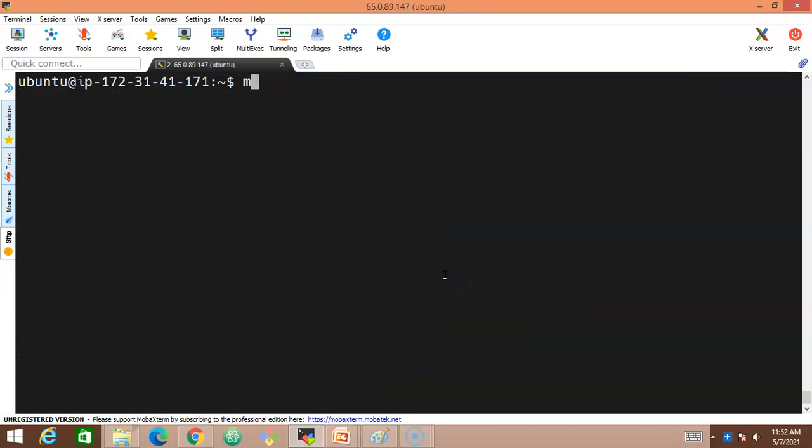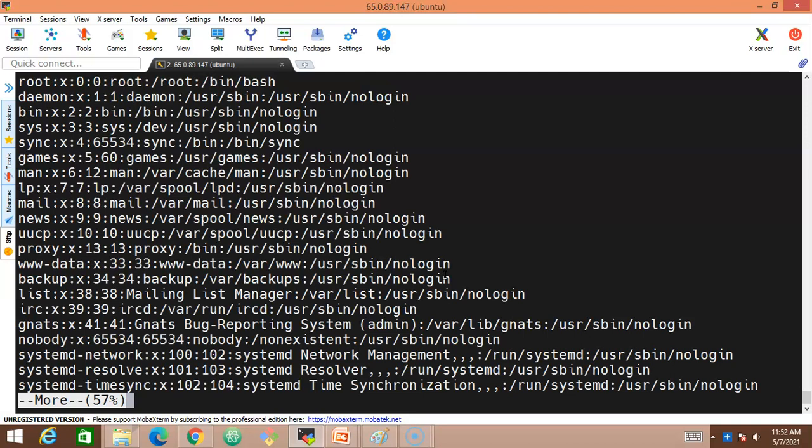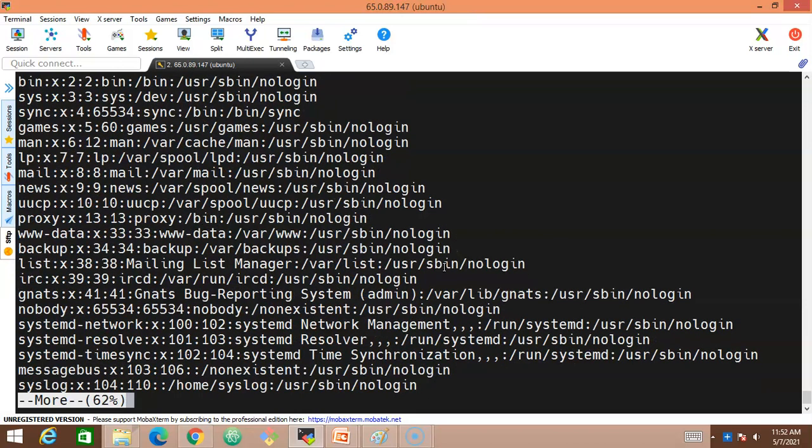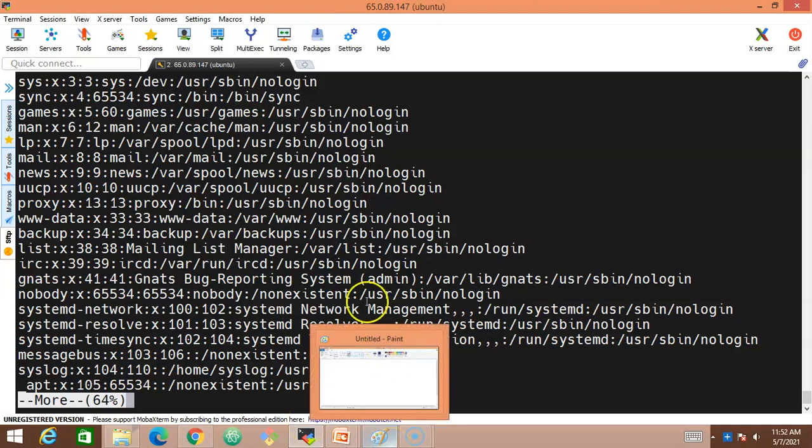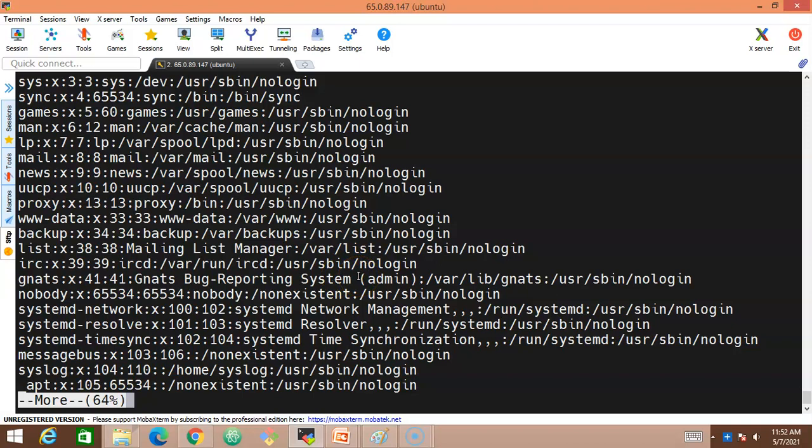Let me show it once again. More /etc/passwd. Here we can navigate. We can scroll down with the help of the enter button. Look at this, and enter. It is scrolling up and displaying the further contents of this particular file. So this is how we can make use of the more command. One of the disadvantages of the more command is that you can't scroll back. You can definitely make use of your mouse like this, but you can't scroll with the keyboard up and down arrows. You'll not be able to go up and down.